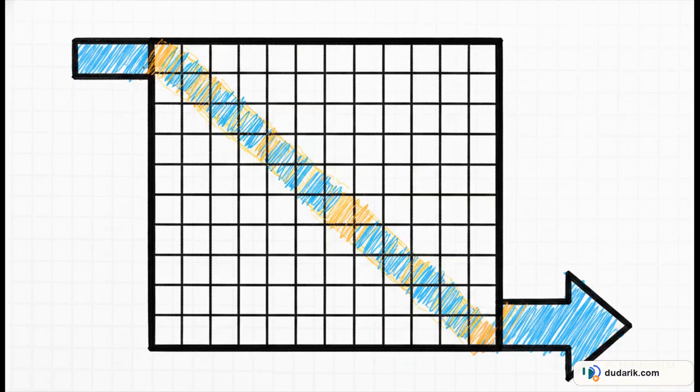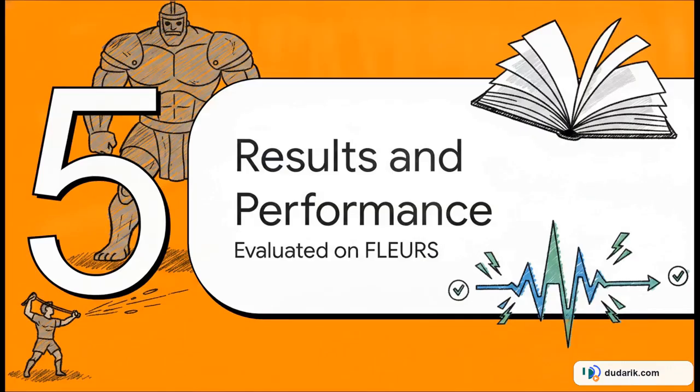And because it's a sparse matrix, your computational footprint stays flat no matter how big your vocabulary gets. It only scales with the actual types of errors you observe. It's kind of brilliant. All right, let's talk numbers. Section 5, Results and Performance.